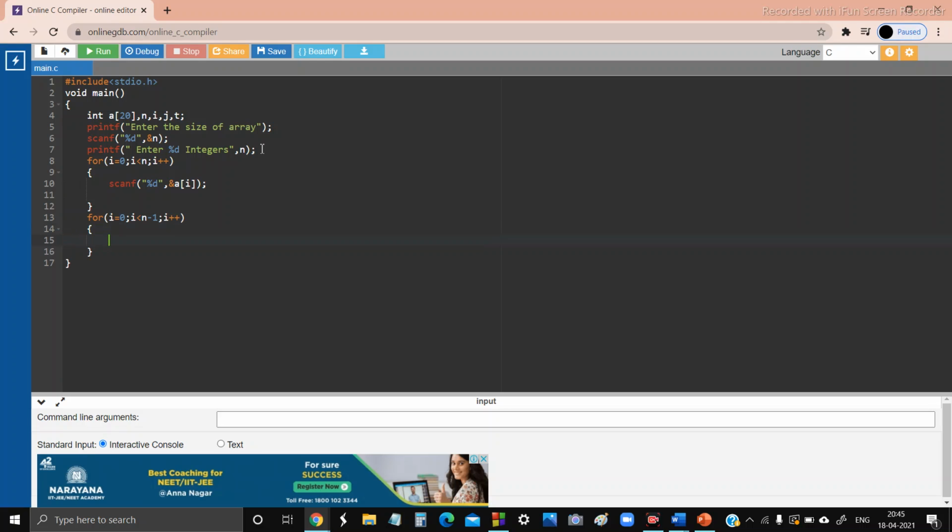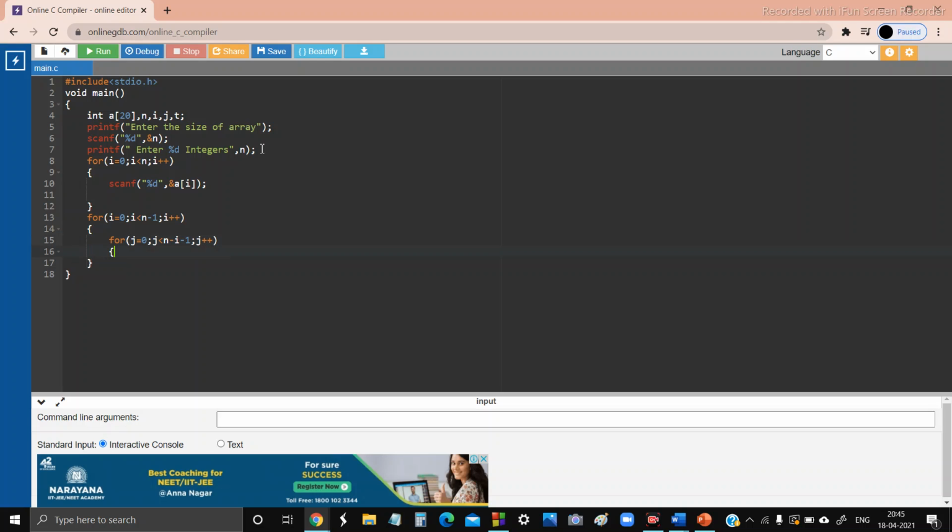As we saw earlier, this is just to ensure that we are sorting the first element, and if i is 2, we are sorting the third, i is 3, sorting the fourth, and so on. Next, we are going for the second for loop. For j is equal to 0, j less than n minus i minus 1, j plus plus.